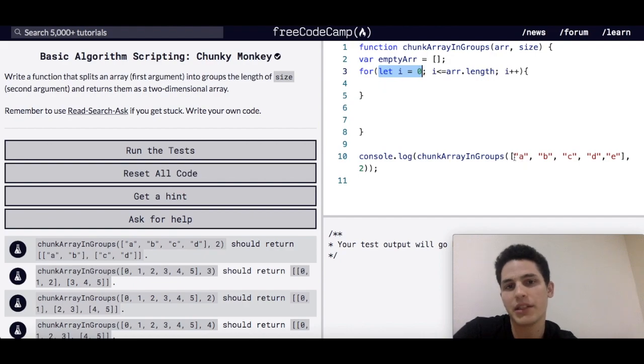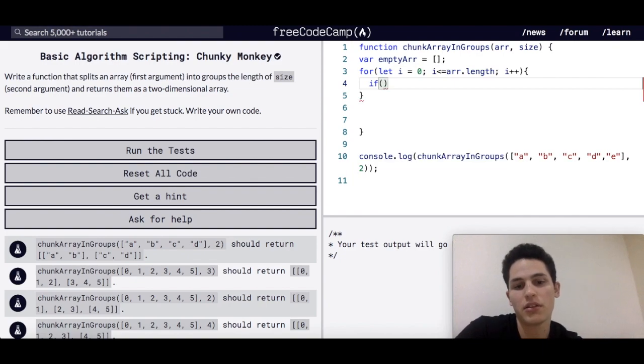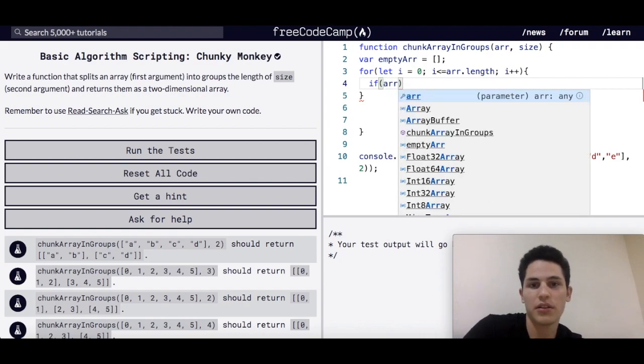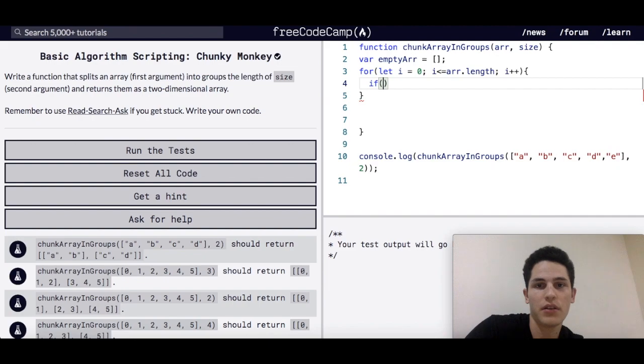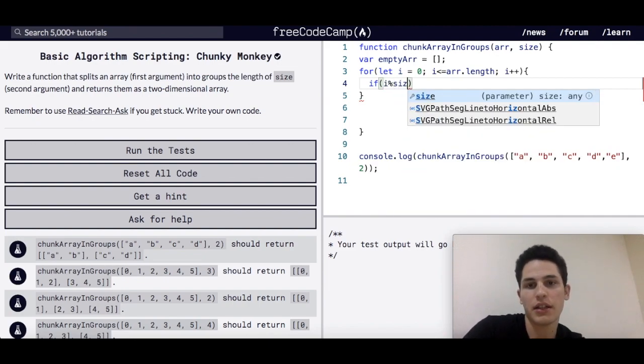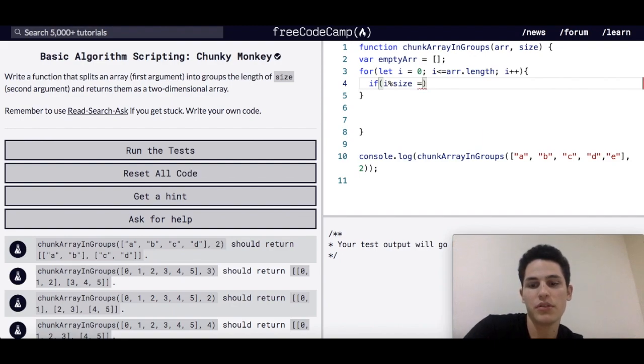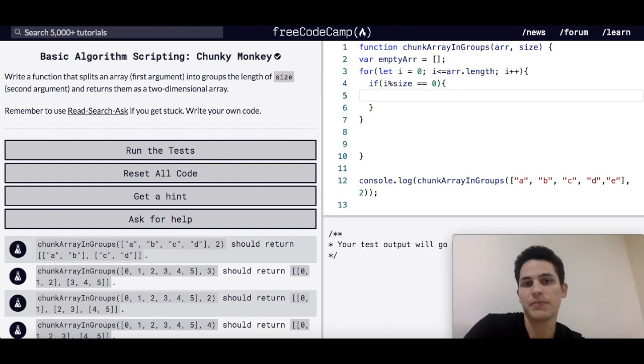That's not a good idea, and I'll show you why. So if i modulus size is equal to 0, then